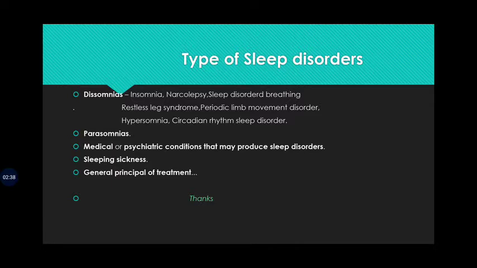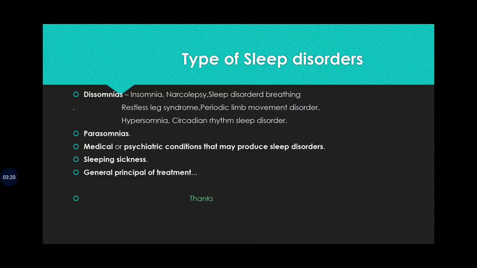So, first of all, dysomnias. A broad category of sleep disorders characterized by either hypersomnolence or insomnia. The three major subcategories include intrinsic, that is arising from within the body; extrinsic, secondary to environmental conditions or various pathological conditions; and disturbances of circadian rhythm. This can be also categorized as following: